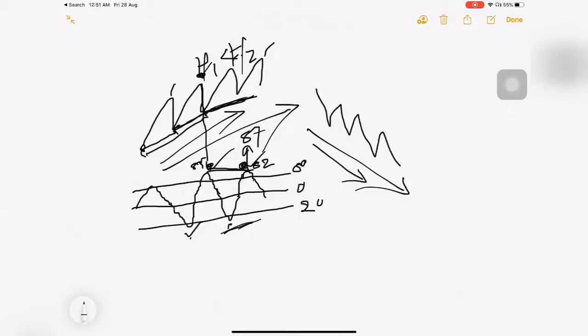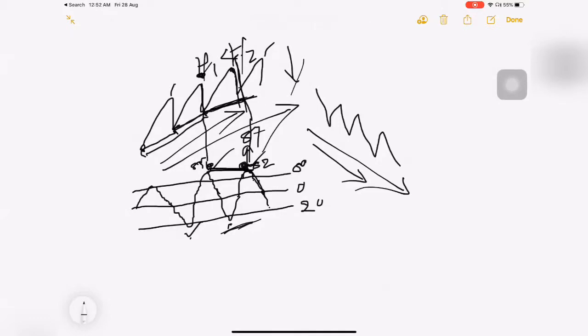This means that after this top, the market will definitely come down. The RSI will definitely come down towards the 0 point, and it may come further down. So here the trend is confirmed. The trend is a downtrend. Here we got a definite trend as downtrend.